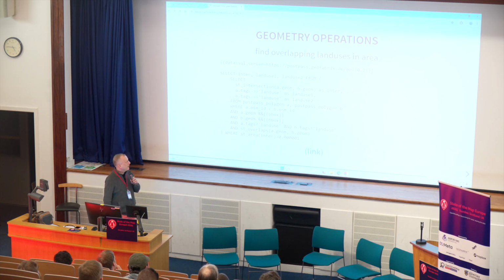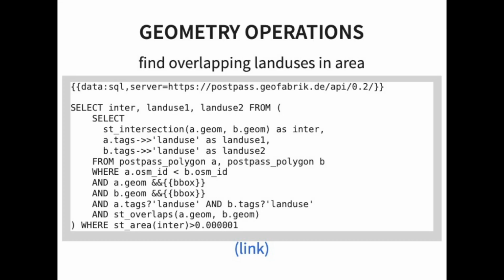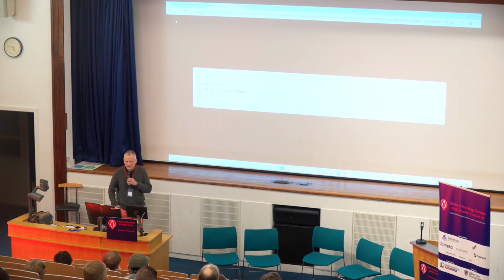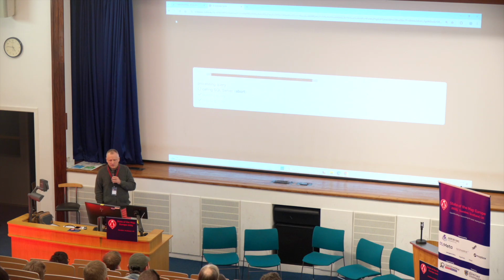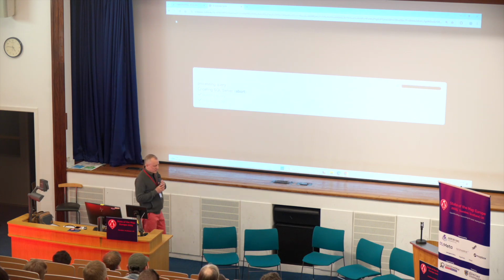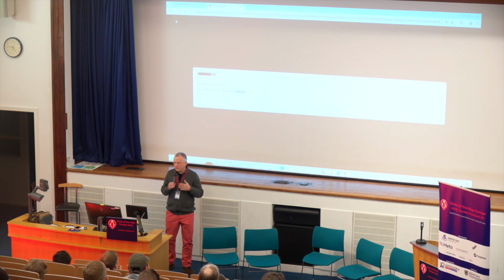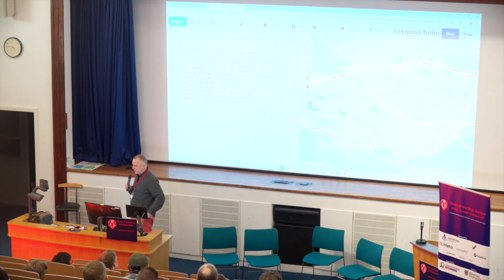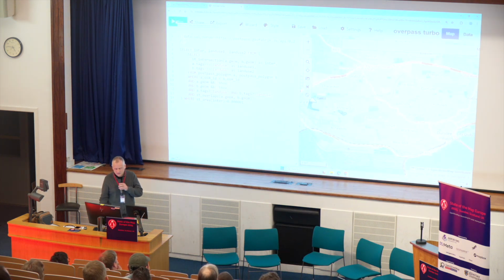There's another thing where you can basically say, hey, find land use areas that overlap each other in an area. And if I run this, it's going to take a slight bit longer. If you experiment with this, you will find out that every now and again you make a stupid mistake in a query and it will take ages, and then you just cancel it. It's no worries. But this has now not only found things in OSM, but has also